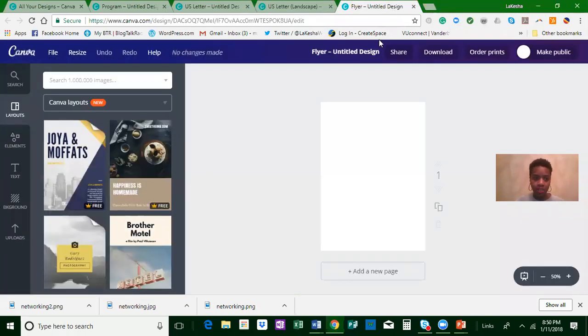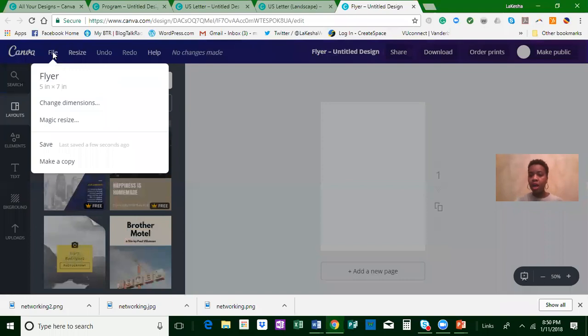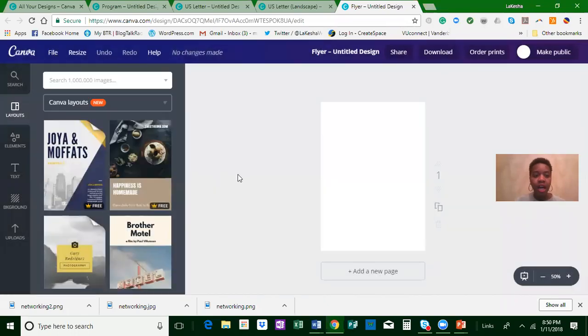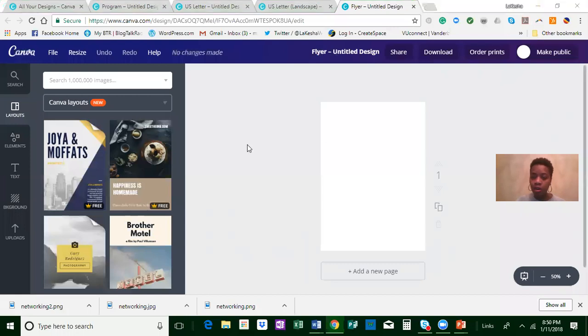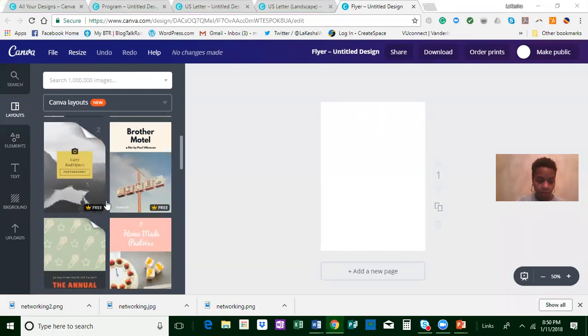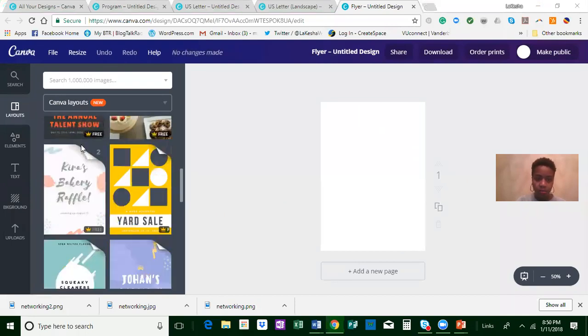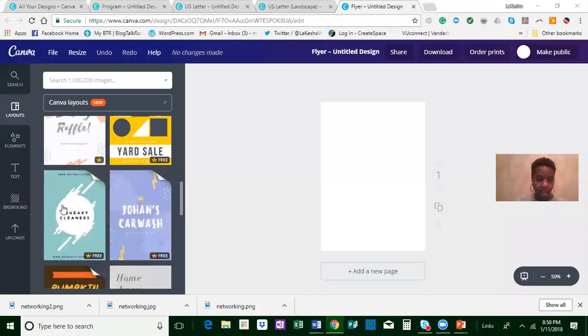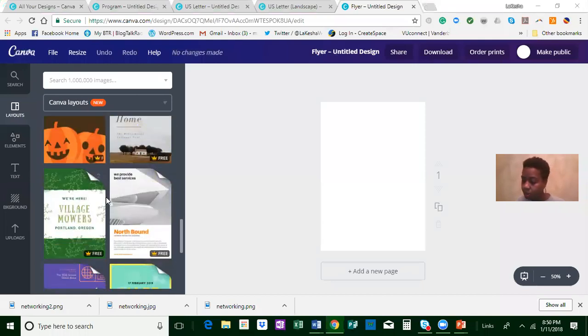So let's see, which one is this? So then this is a flyer. So this is a small flyer. This might be good for the save the date if you want to do a 5x7. I know, right? Canva is the best. If you want to do a small, almost postcard size, then you can use this flyer size, and then you just pick one